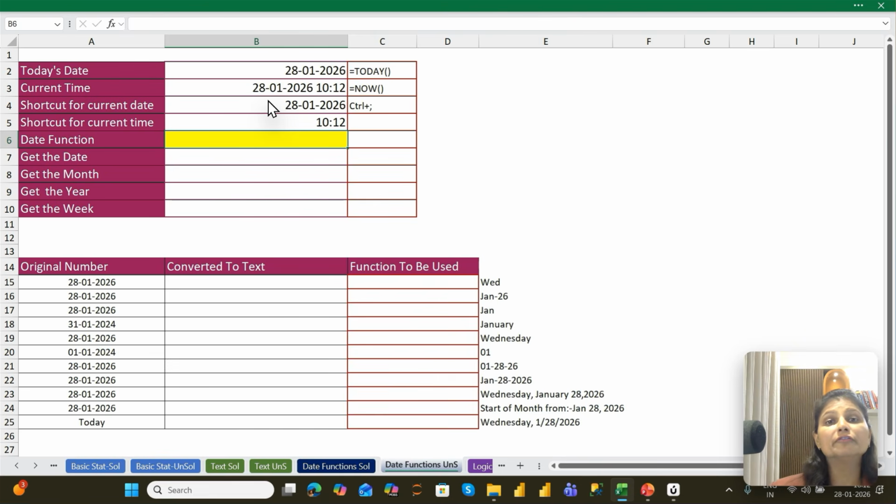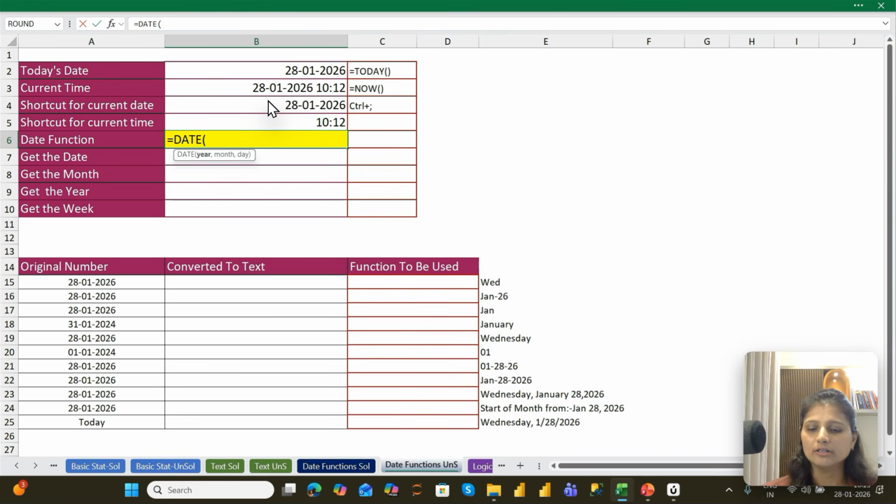Sometimes if you are working in different zones, a few of the zones may have the pattern of writing dates as year, month and date. We may have a pattern as date, month and year, or somebody may have month, date and year. Everyone in different time zones has their own way of writing dates. So if you're going to create a report which may be shared with another zone, you can even go for a function called DATE, so that it is asking you for a specific sequence of arguments and you